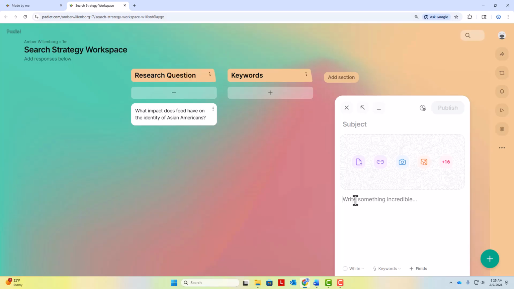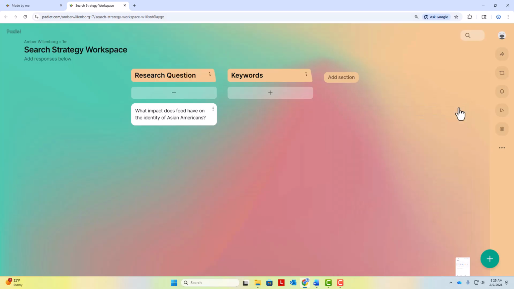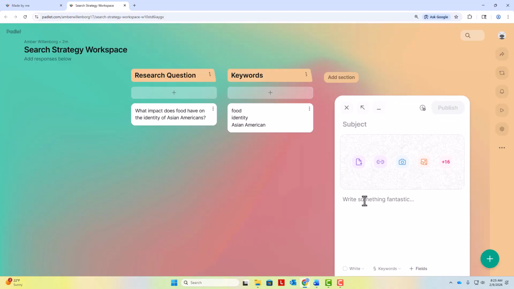In this case, food, identity, and Asian American are the most important keywords from our question. We don't just want to stop there, though. It can be helpful to think about ways of broadening and narrowing this question with our keywords. We could add terms related to food like cuisine, culinary traditions, or food practices.